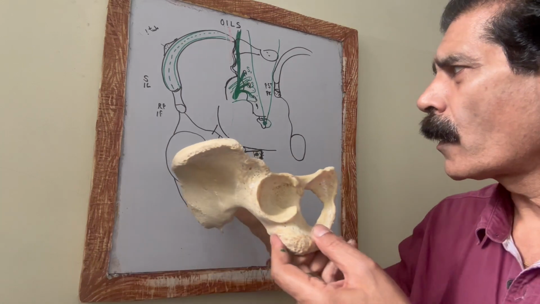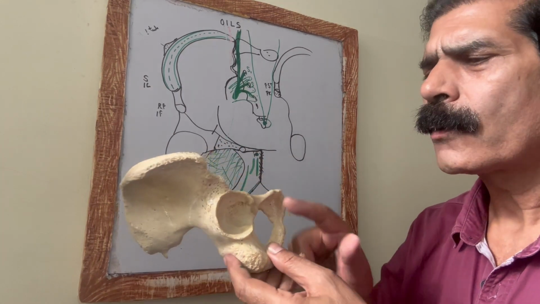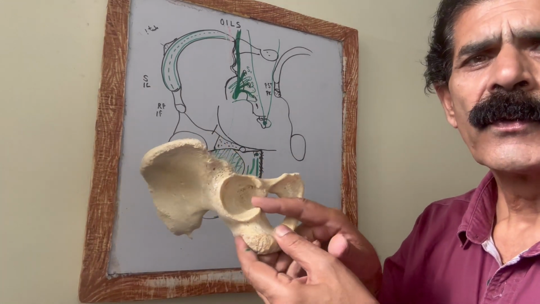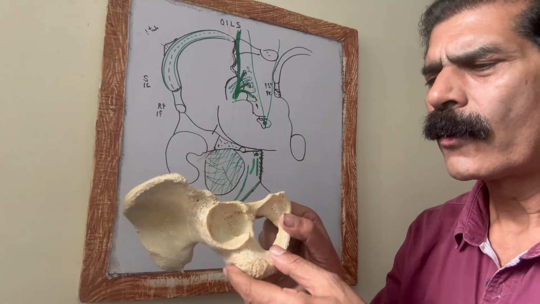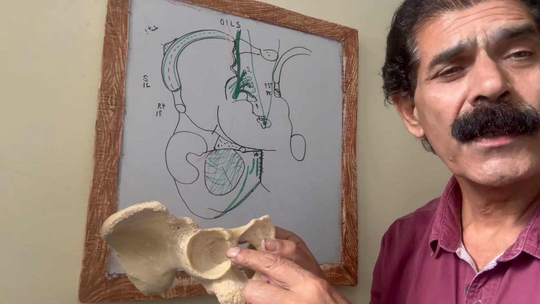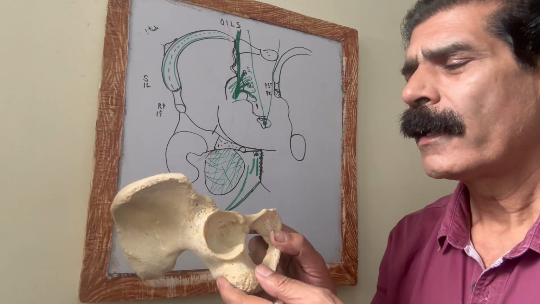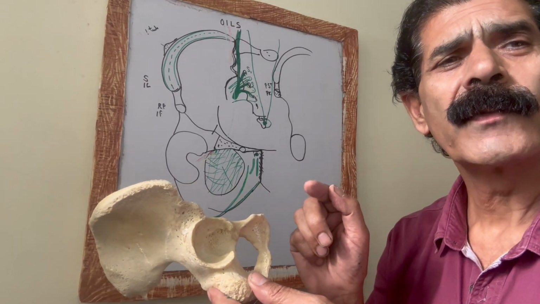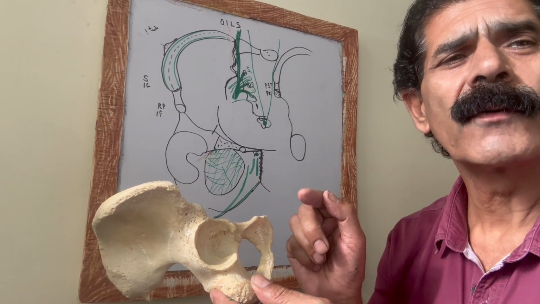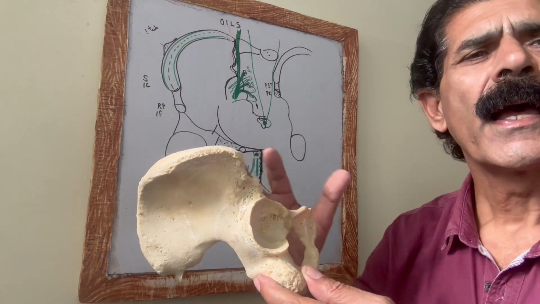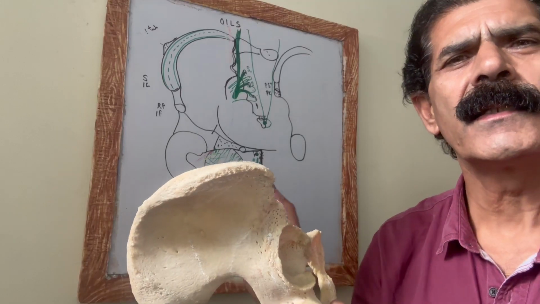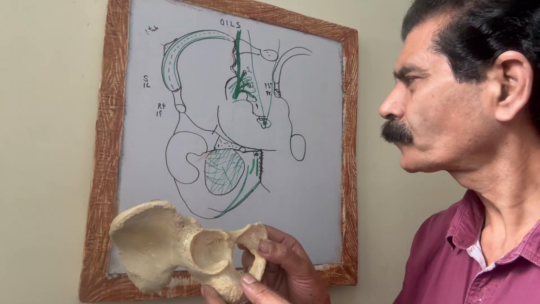So here the obturator artery, vein, and nerve are also very close to the acetabular notch. They also supply the hip joint. From here they go to the ligamentum teres of the hip joint, and inside the center of the ligamentum teres, or the round ligament of the head of the femur, pass these arteries, and they supply the head of the femur. This is how they reach the head of the femur.